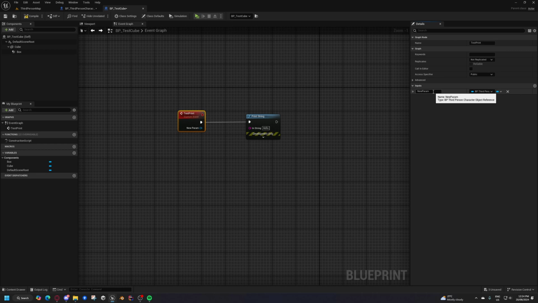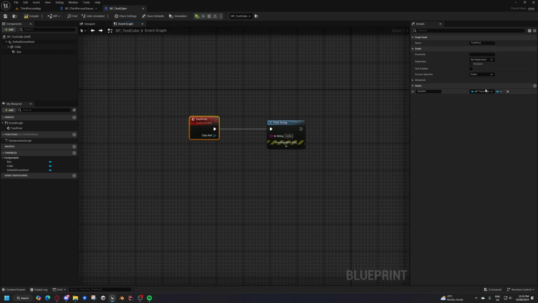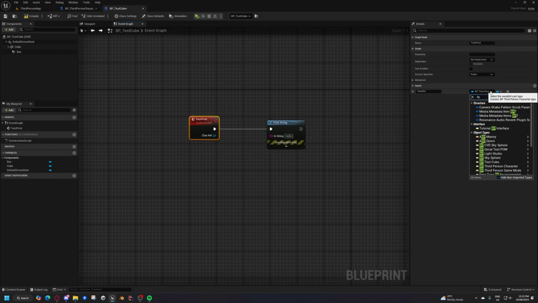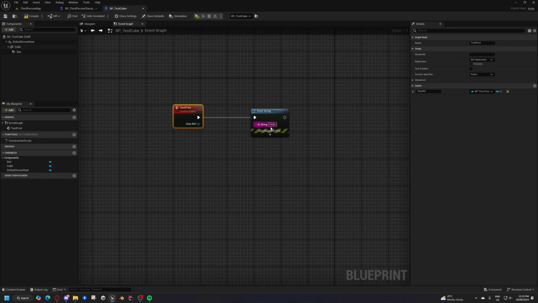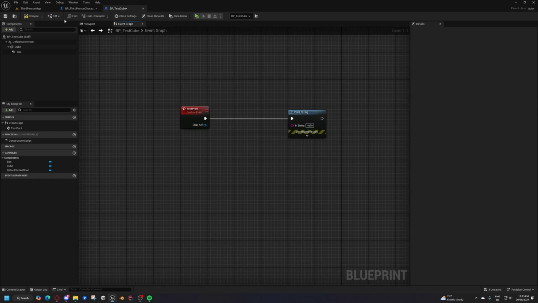Now, there are different ways you can do inputs in terms of what you can add. You can have a boolean and stuff like that. They're just variables, right? But let's say I make this one called char ref. What this is doing is getting a reference to my BP third person character. This is char ref, short for character reference. Now, if we compile,